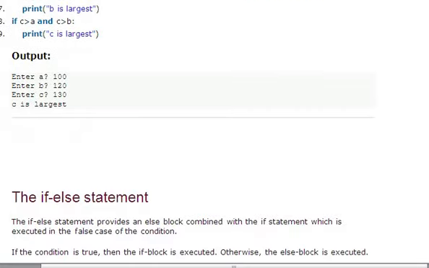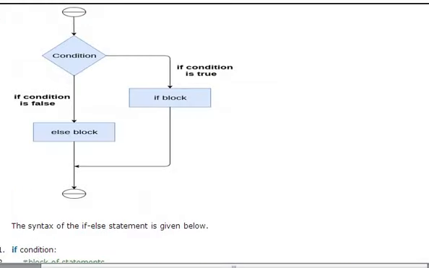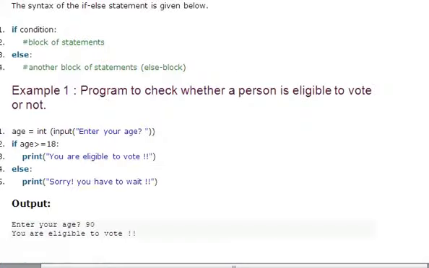So if else: if the condition is true, then the if block is executed, meaning the statements before else. If the condition is false, the statements after else will be executed. Look at the syntax.